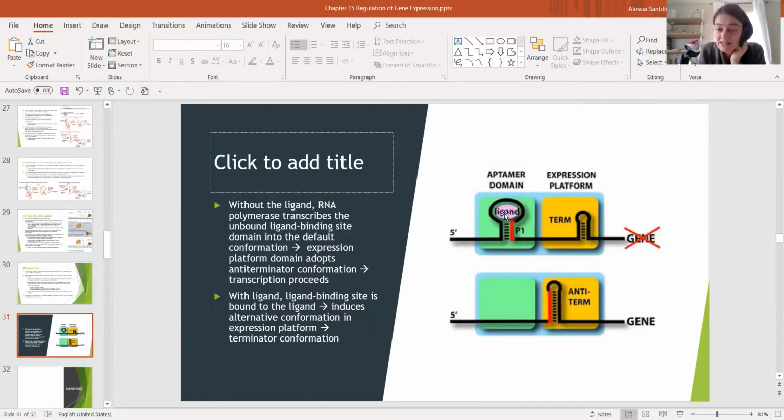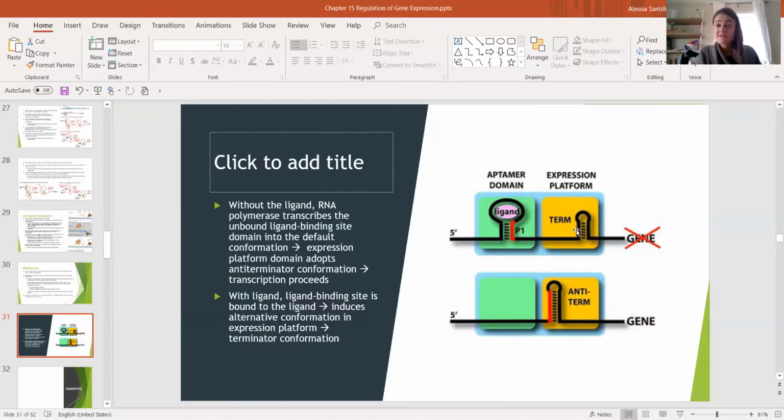When the ligand binds, it forces the different riboswitches in the gene, in the 5' untranslated region right before the gene in the mRNA, to adopt specific kinds of stem loops. And one of these stem loops is going to be the terminator stem loop. And so the ligand binds and it's going to terminate transcription because it's forced these riboswitches to form a terminator